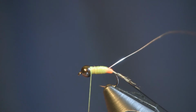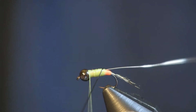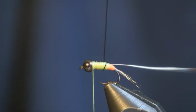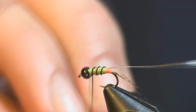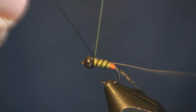even shape there to it, and now we're going to start ribbing this, and the rib on this is going to go in front of that orange tag. So when I tie these down, I tie it back to the orange tag. I don't tie past it. Now I'm just going to make a nice even rib up through here, and on a size 18, I'm only going to get like 3 wraps. A nice even rib. And then we'll tie it off